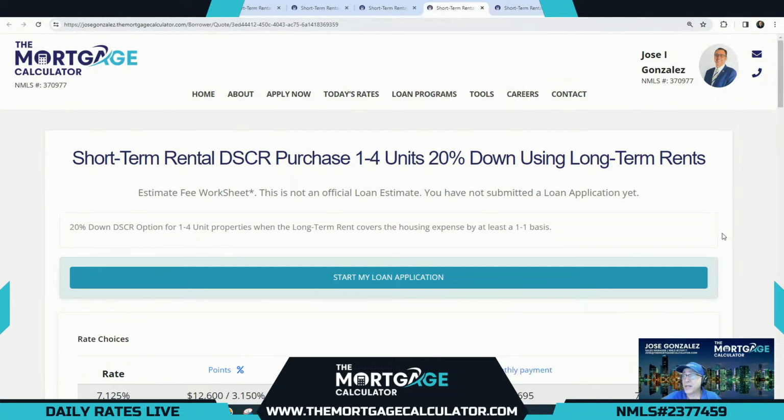And now a little bit more standard 20% down using long-term rents. So this is a similar scenario as we just covered. If the long-term rents cover, that's it. No need for anything else. In this case, you're selecting this option for one of three reasons. Either A, you got a 2 to 4 unit property and the 15% down option doesn't work for you, or